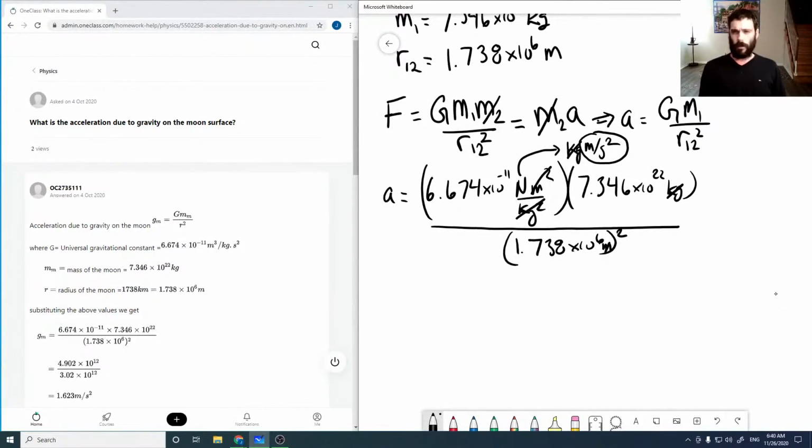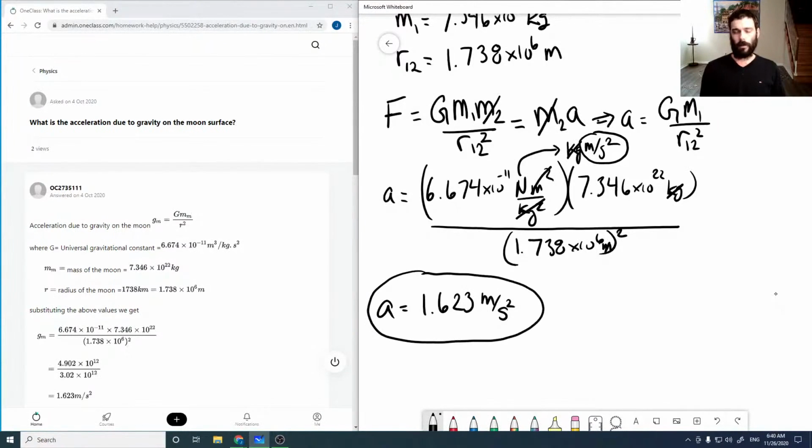Okay, so running this through our calculator, we get our acceleration is 1.623 meters per second squared. And so the gravitational acceleration on the surface of the moon is 1.623 meters per second squared. Checking the solution,